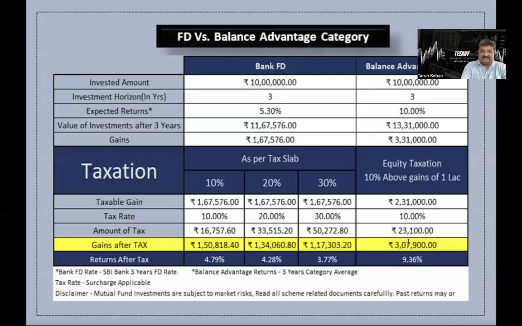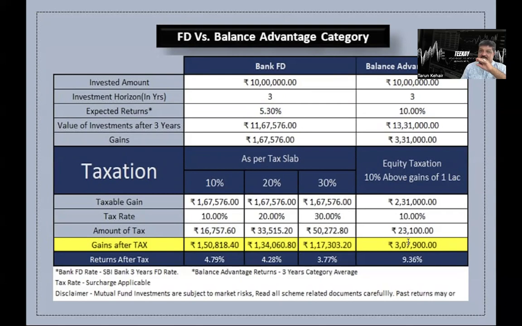Now, if you look at my screen here, if you make an investment of 10 lakh rupees for 3 years in a bank FD, the slide takes the 3-year bank FD rate for SBI, which is 5.3%. You are having an investment which will grow to 11,67,576 after 3 years,